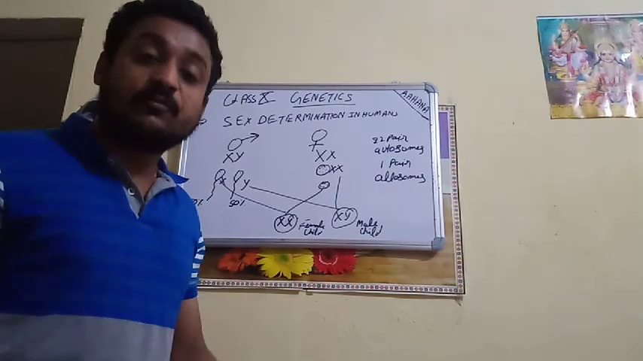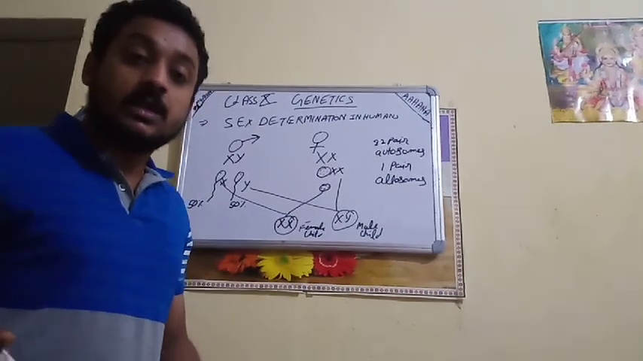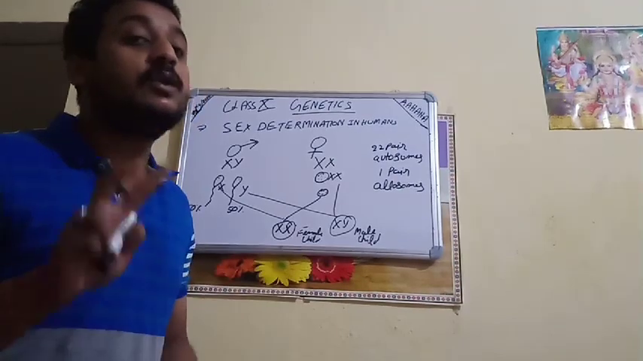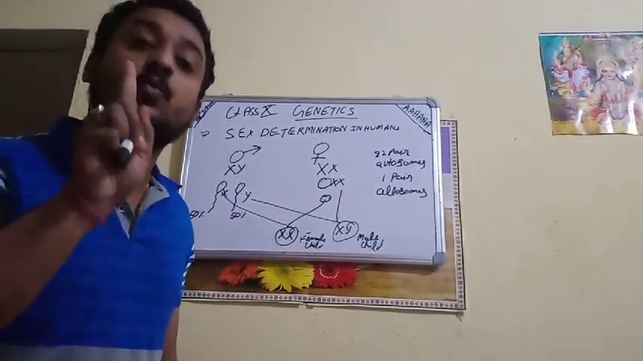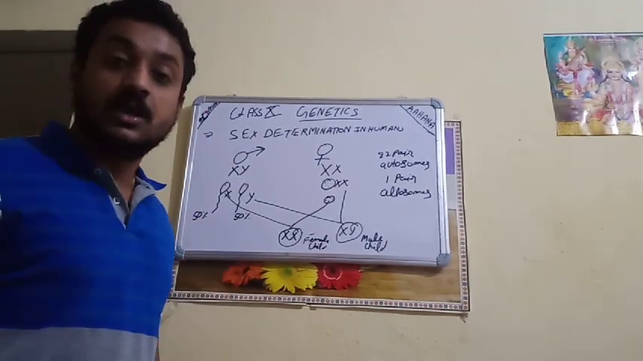So it is not at all the female who is responsible. It is from the male side that there are two types of chromosome-containing sperms. The ovum of the female has one pattern of chromosome, that is XX. So it is